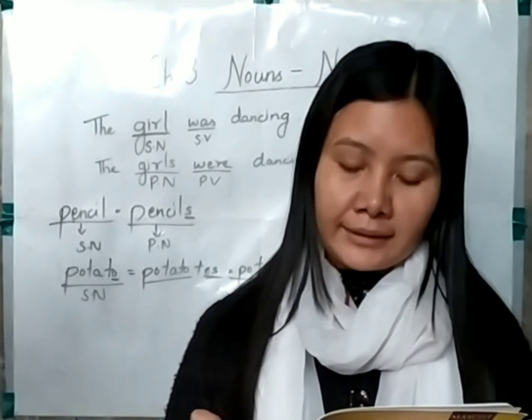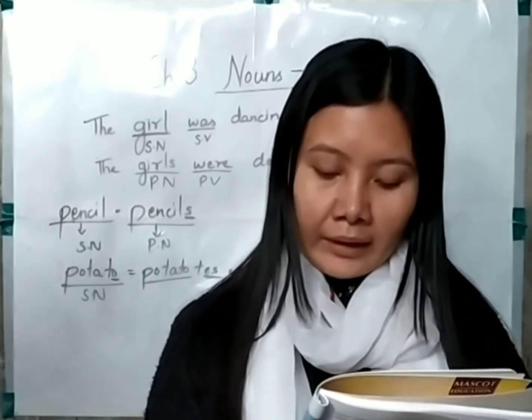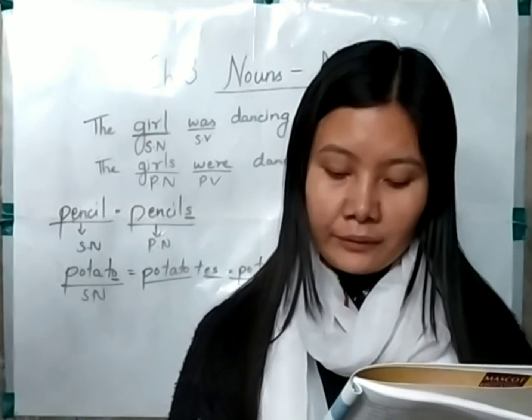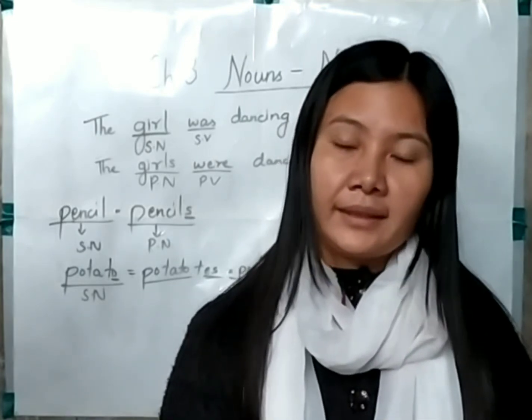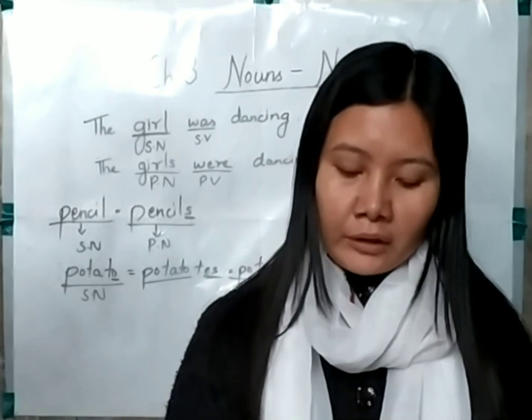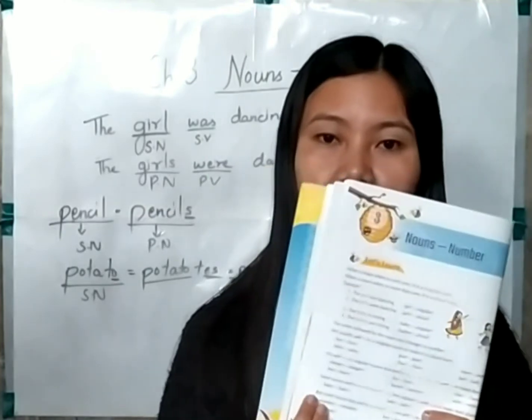It's ending with the letters ch. What do we do? We add es behind it. And if the noun is ending with the letter x, then in such a case, what do we do? We add es in order to form its plural. You can look at your book, and over there you can see the examples in order to understand this point clearly.